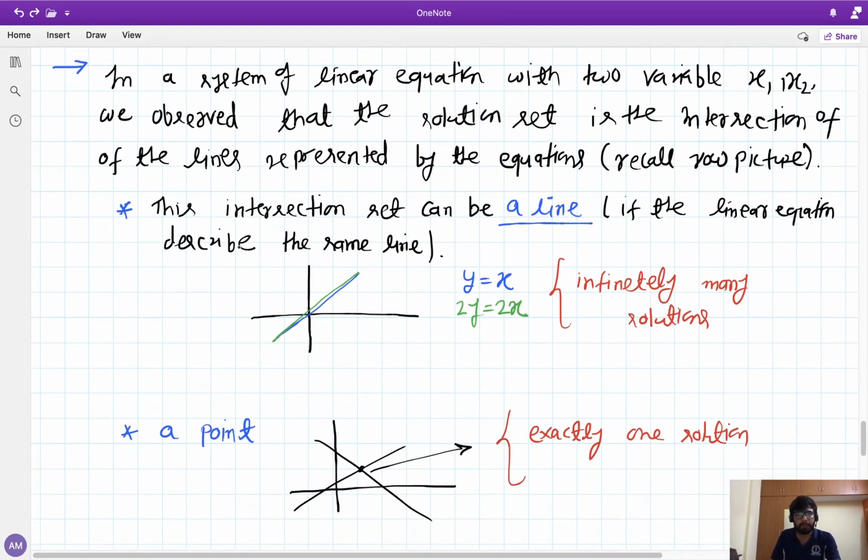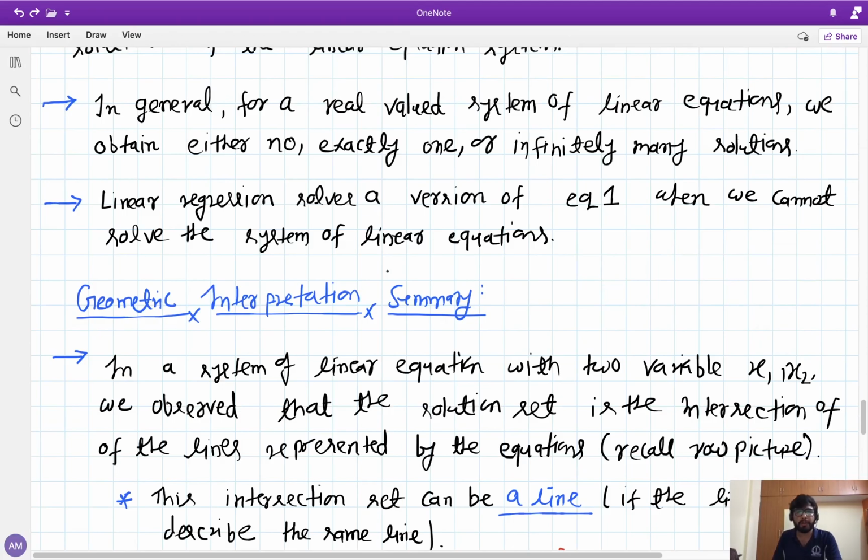So there are three possibilities. The intersection can be a line if the linear equations describe the same line. Suppose we have two linear equations, y equal to x and 2y equal to 2x. These are the two lines, so the intersection will be the same line itself. That means we have infinitely many points lying on this line, so we will have infinitely many solutions. There is not just one point of overlap; an entire line is overlapping. So that's what I meant when I wrote here: